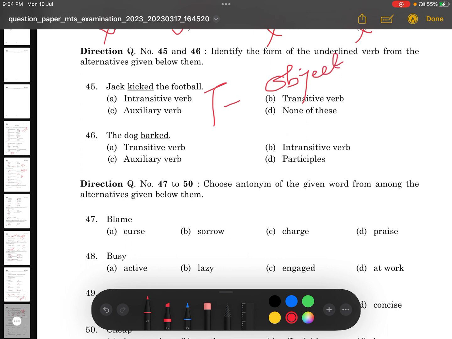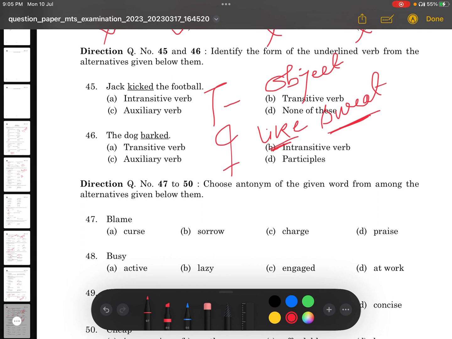And one more trick I will tell you. A transitive verb can be changed from active to passive or passive to active. For example, I like sweet. Correct? I like sweet. So I is the subject, like is the verb, sweet is the object. Now how will you understand whether it is a transitive or intransitive verb? See, it always contains an object, correct? There is an object. Now, is it possible to change it into passive? Yes, it is possible. Sweet is liked by me, right?